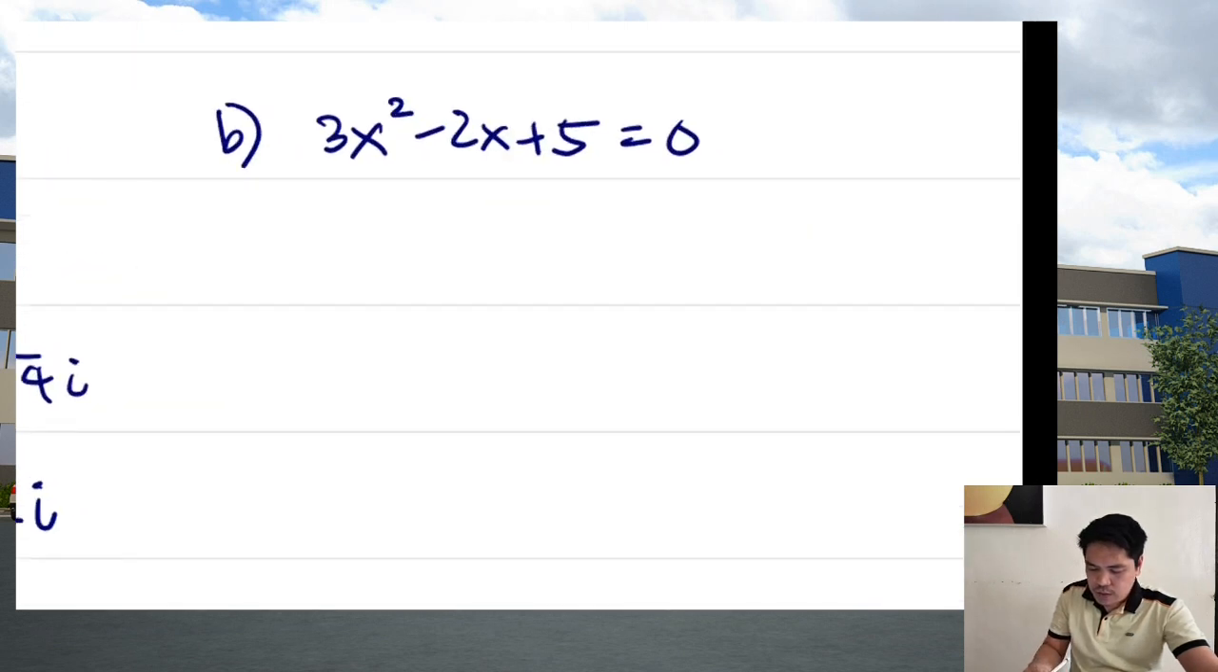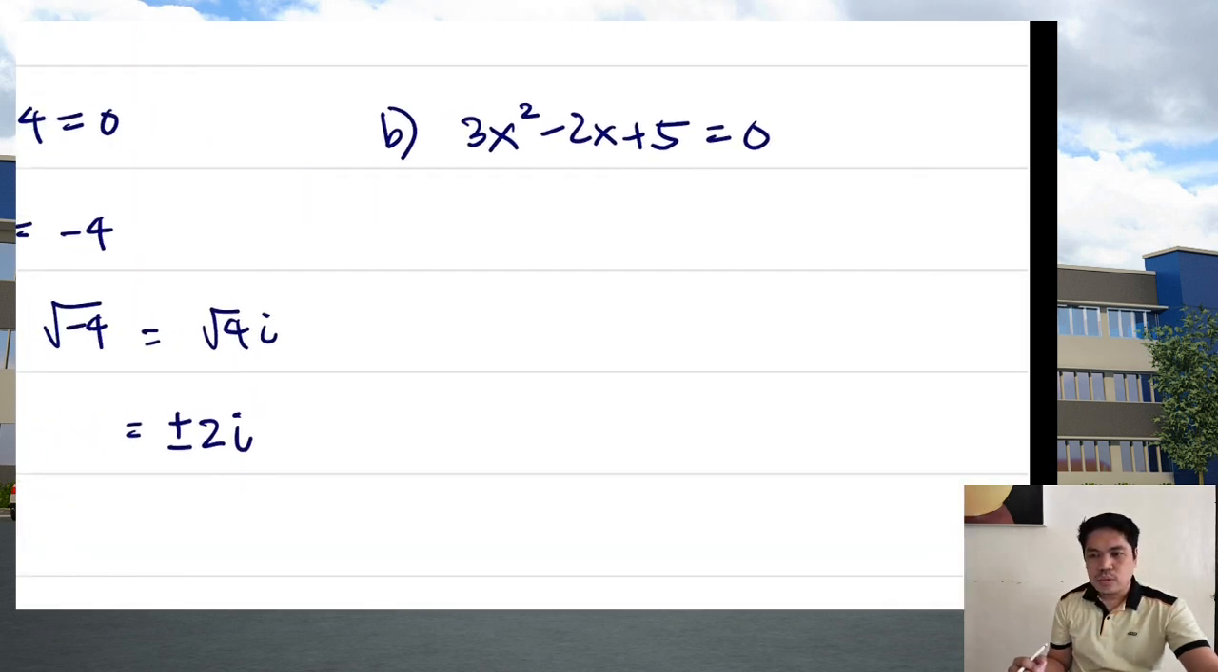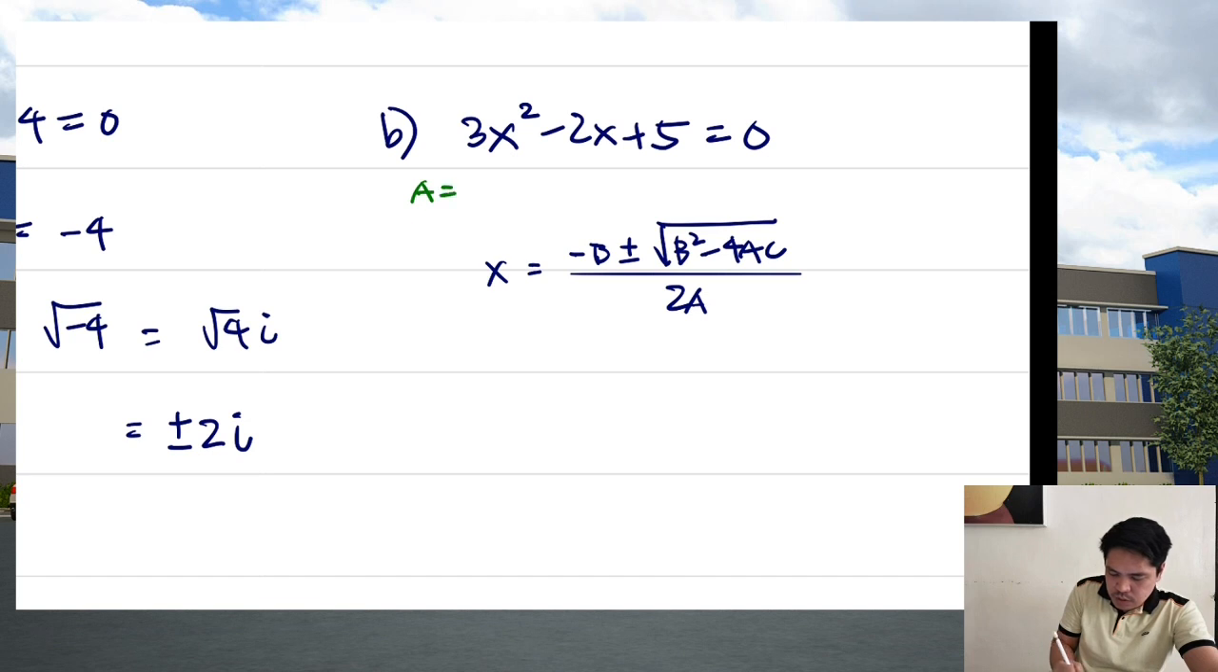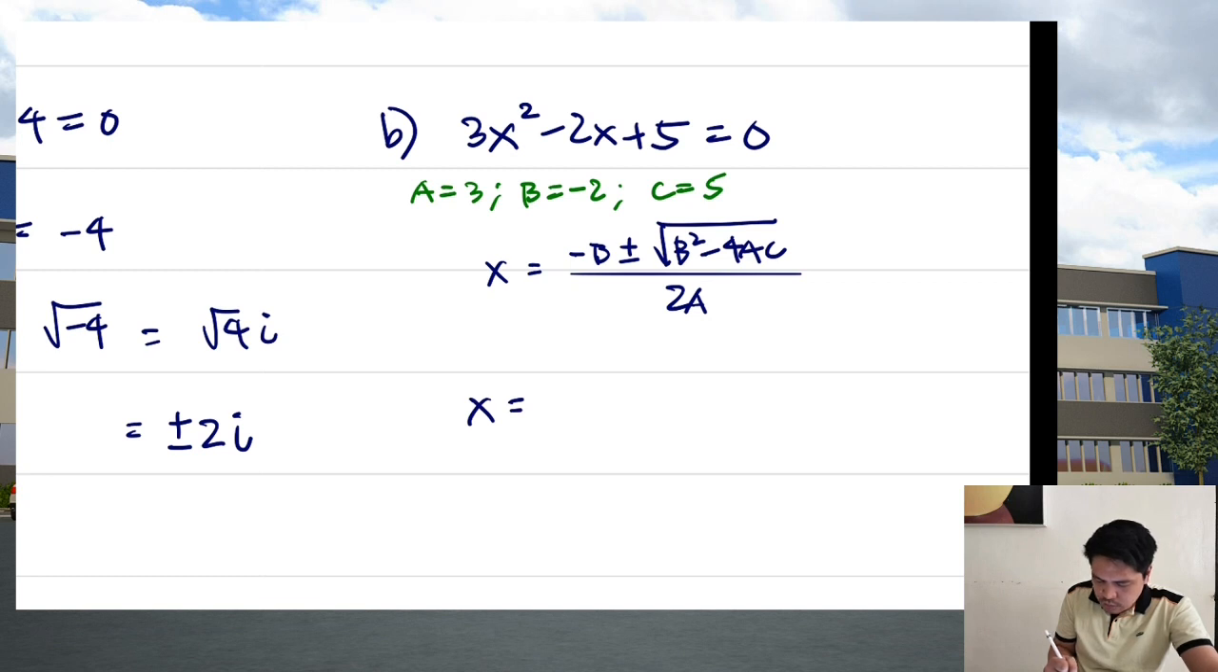We have two ways of solving this. We can do completing the squares or just the quadratic equation. So using the quadratic equation, we have x is equal to negative b plus minus square root of b squared minus 4ac, the discriminant, all over 2a. Okay, we can use this formula since we know that a is 3, b is negative 2, and c is 5. And then substitute. So we'll have x is equal to negative of negative 2 is positive 2 plus and